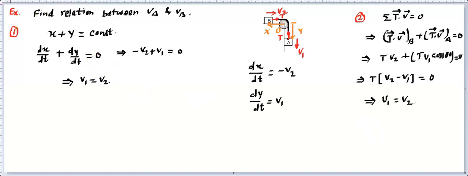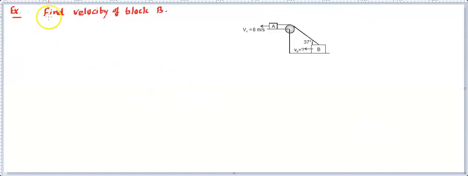Okay, let's go for the next example. So here is another example, and this is a numerical. It says find the velocity of block B. This arrangement is given to us, so this is a fixed arrangement. That means this cannot move. And there's a block A. This block A is being moved with velocity 8 meters per second as shown in the figure. This angle at this particular instant is given as 37 degrees, and this is the velocity of B. Block B has to move in the horizontal direction, so that's the direction, and this velocity of B we need to find out. You can use either of the methods.